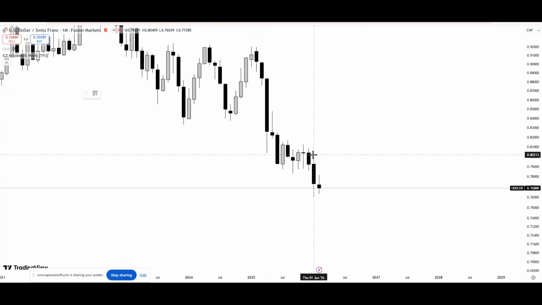USDCHF, still from the monthly time frame, you can see again February closed as an inside bar candle, an inside month. It did not take out previous month high, and it did not take out previous month low. You can clearly see it was not an expansion month. This month, price did not really give us any expansion, and that is why we have this kind of candle that we can see here.